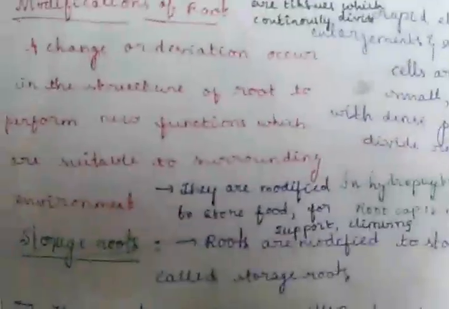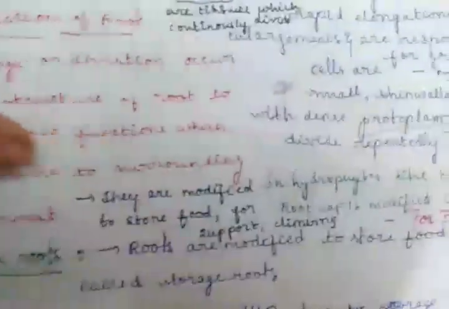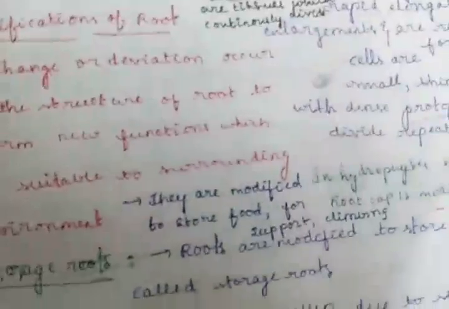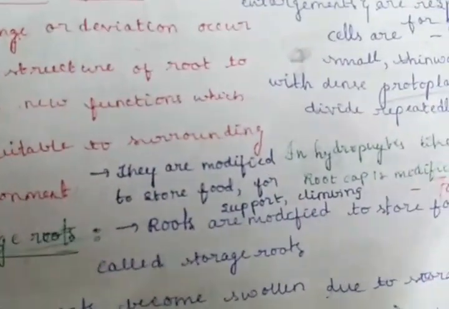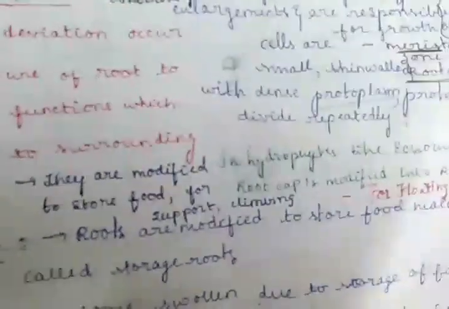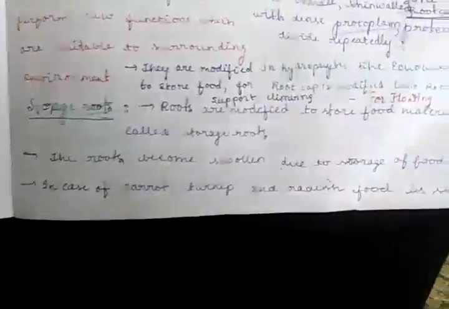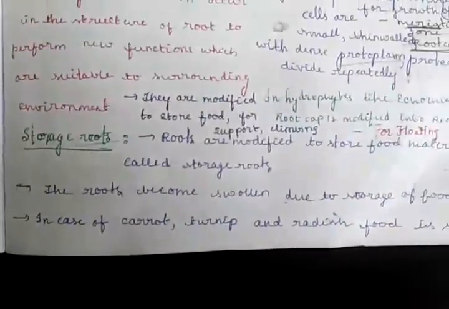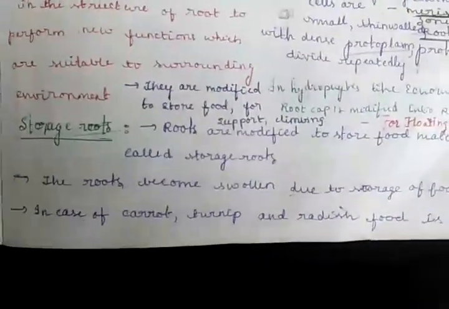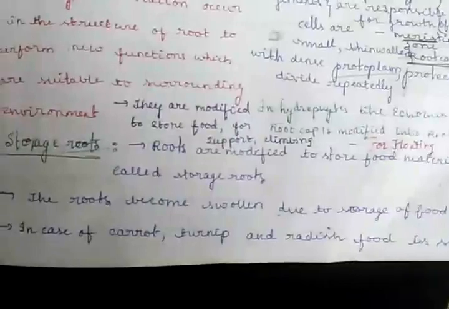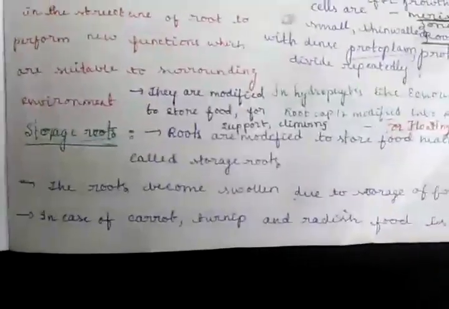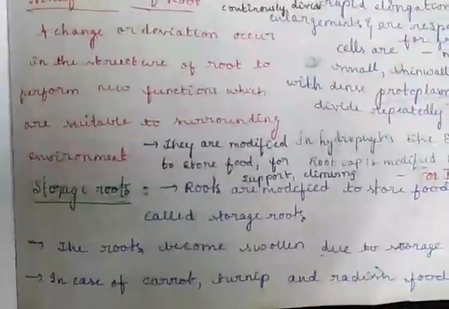Don't be afraid. In root modifications, the roots are modified to store food, for support, climbing, etc. There are other functions like to store food, for getting support, for climbing. Roots are modified. First type of root modification is storage roots. It will be coming in the IPE exam 2020 and maybe soon according to the state board syllabus. It will be coming in exam. You have to explain it with the diagram also, friends.